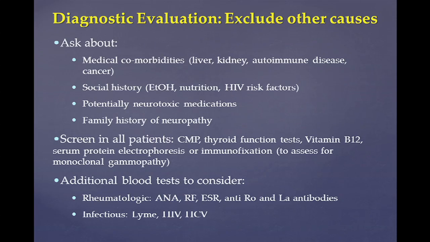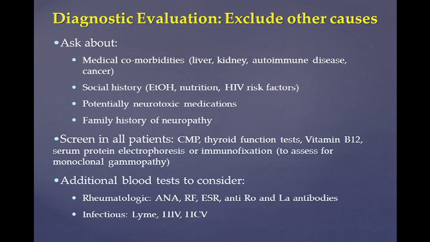So in my patients, I do a very basic screen for everyone, and these are the things that are recommended by the American Academy of Neurology for basic neuropathy screening. Obviously, you would screen the patient for diabetes if you didn't know that they were diabetic already. We want to do a comprehensive metabolic panel. We want to screen their thyroid function, look for vitamin B12 deficiency, and then we want to do some test